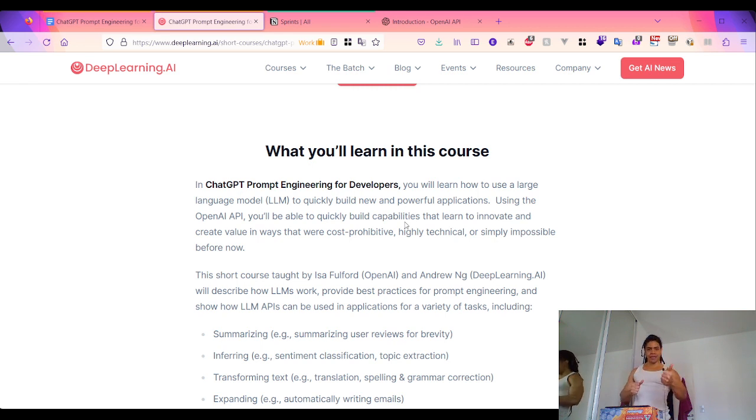will describe how LLMs work, okay? Best practices for prompt engineering, and show how LLM APIs can be used in your applications for a variety of tasks, such as summarizing, for example summarizing user reviews for brevity, inferring, sentiment classification, or topic extraction,